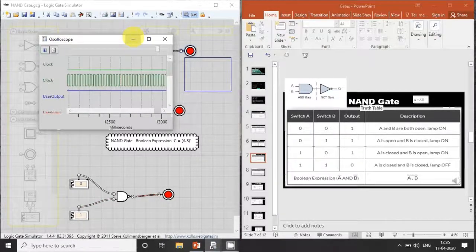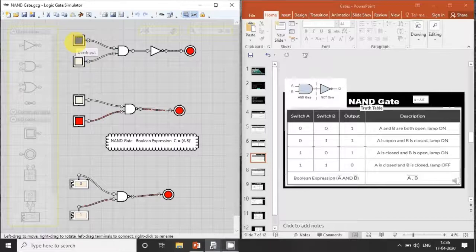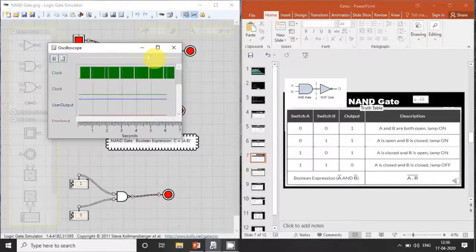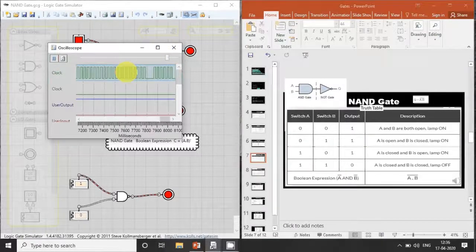Now let us start with another entry. Now the first switch is at 1, the second switch is 0. Here the first switch is 1 and the second switch is equal to 0. In this case also the output is 1. In three cases the output is equal to 1, and similarly in the case of the diagrams. In the case of a clock pulse, clock pulse 1 is equal to 1, the second is equal to 0 and the output stands at position 1. This is all about the timing diagram of the NAND gate.